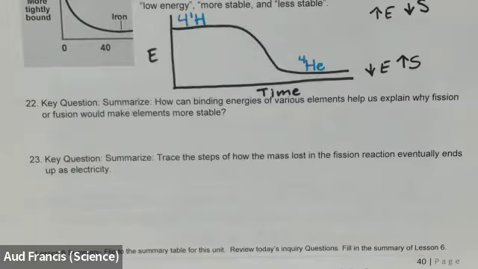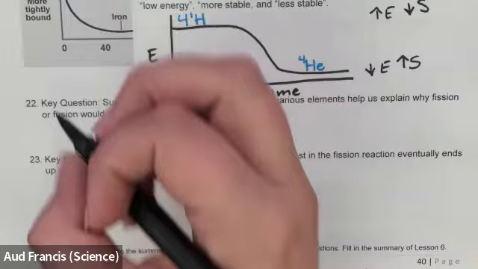I want you to think about this for a second as I switch my pen color. What is happening here? As we undergo fission or fusion, what are we moving towards? I actually think that they do you a little bit of a disservice here because you can't see the whole graph. But when we think about the graph as a whole, it looks like a parabola doing yoga. It's tipped over. That curvature is important. We know that the binding energies explain fission or fusion because they are undergoing fission or fusion to reduce energy. So